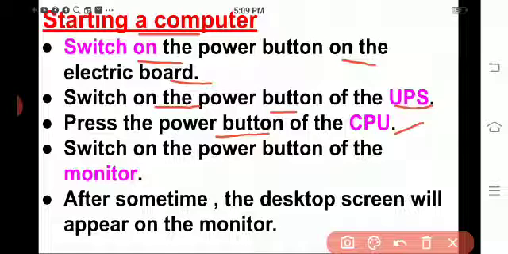Then switch on the power button of the monitor. After some time the desktop screen will appear on the monitor. This is the step by step way to turn on the computer.